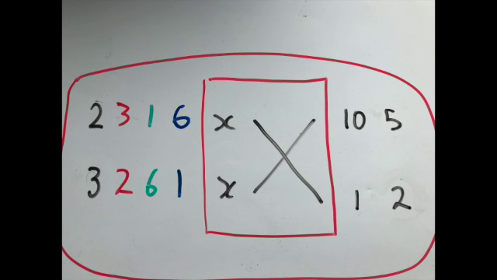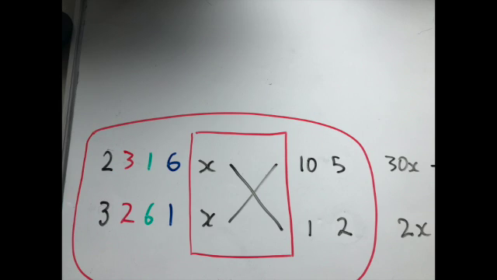So across the top I go 2 times the x, follow the line down, times the 1 gives me 2x, and on the bottom I do 3 times the x, follow the line up to the 10, so 3 times 10 is 30x. So I've got my 2x and my 30x, and I can work my way through all of those different factor pairs to make all of the possible combinations that could possibly happen for my inside and outside